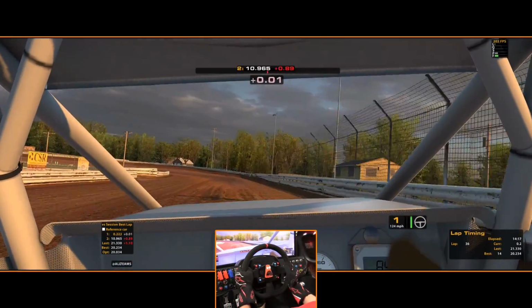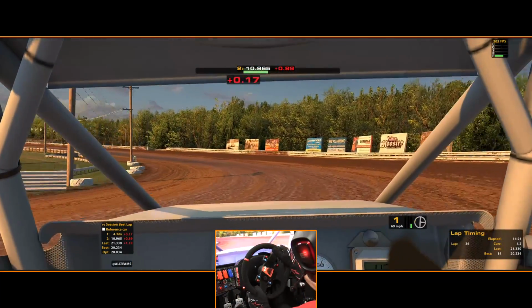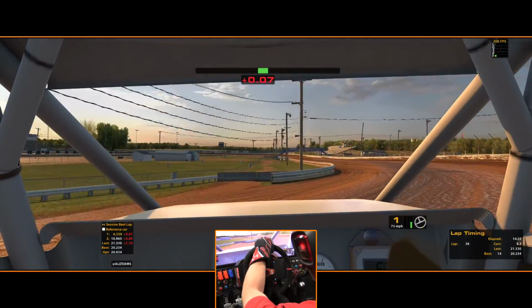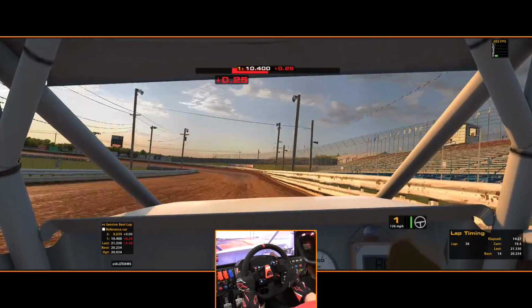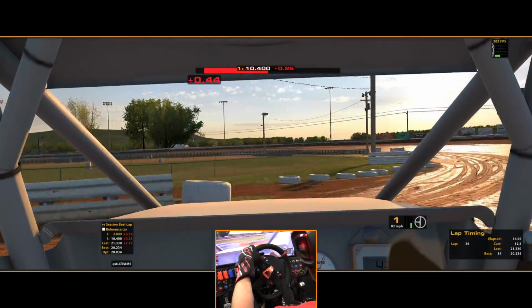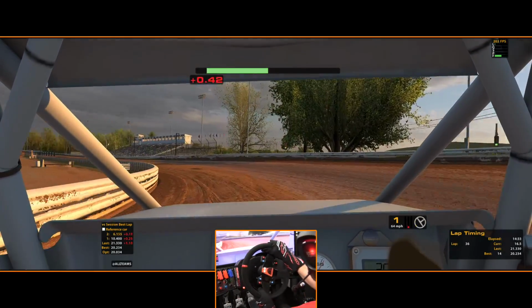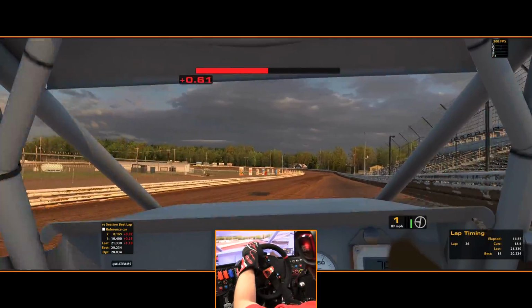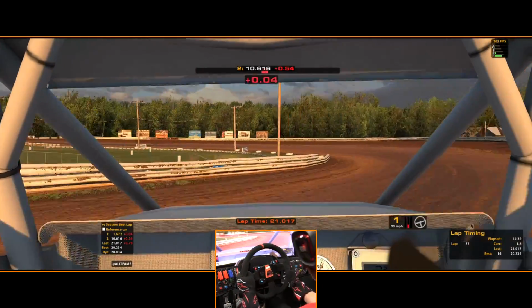It's gonna be really interesting to see how this type of a track plays out to race, because it's not uniform. You would not see a track like this normally. I think you'd have some more dry, you know, the track wouldn't be as hooked up on the bottom. Now you might have a cushion like this on the outside, but